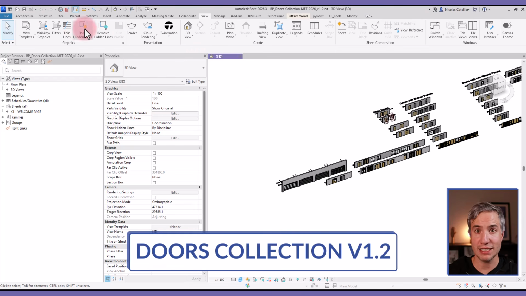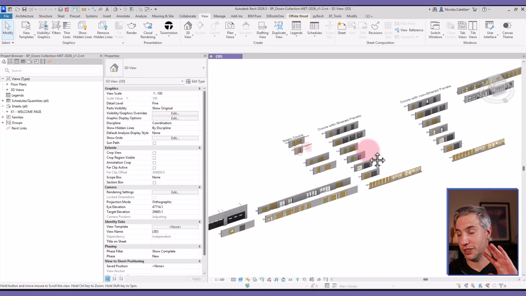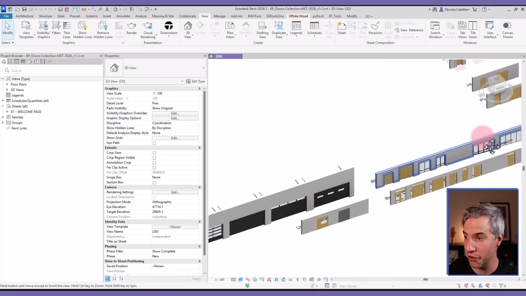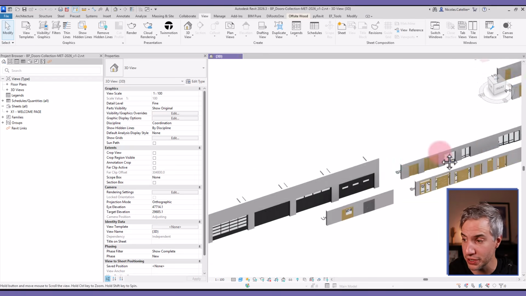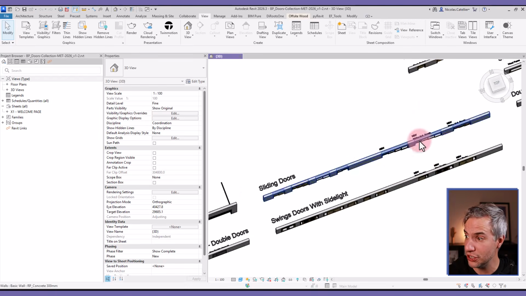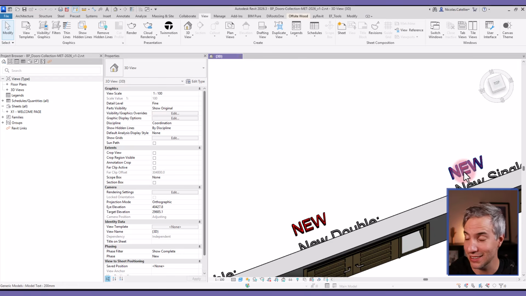In this video, we're exploring the brand new doors in the 1.2 version release of our doors collection. This is in addition to all the doors that were previously released that you can see here. We have other videos covering these. We're going to focus on the new doors that have just been added. And if you open the collection, you can see that all new doors have been marked with this red new